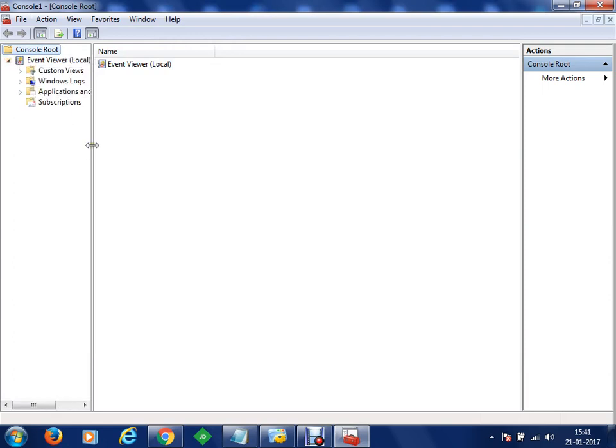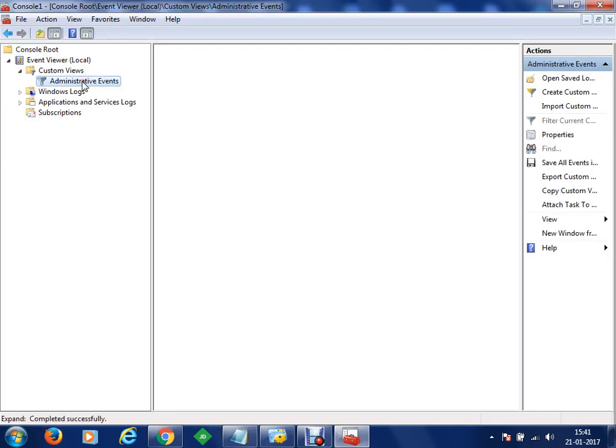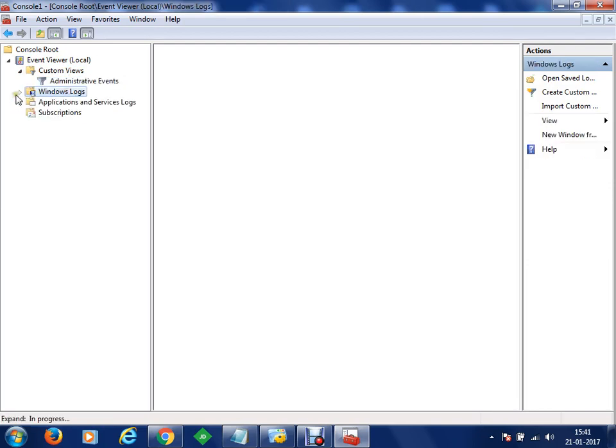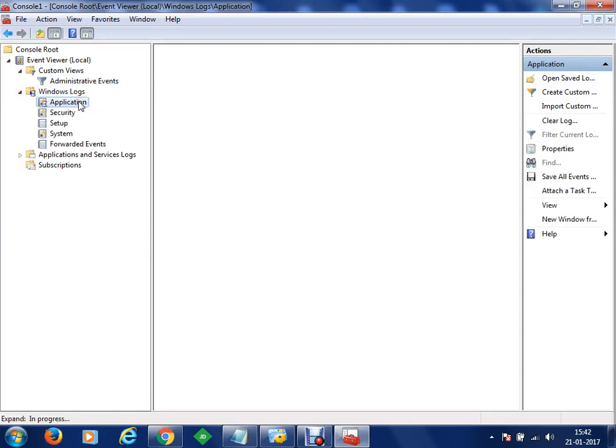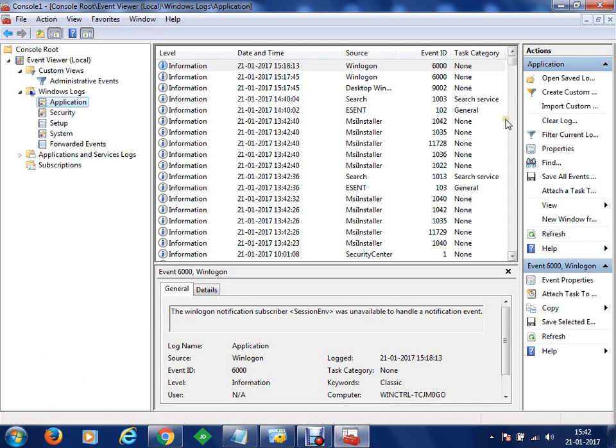As soon as we go to event viewer here, using this section we can get some custom views for administrative events which are being done on the system. Then we can go to Windows logs. In Windows logs, we can see logs for applications. Here you'll get a list of Windows logs.